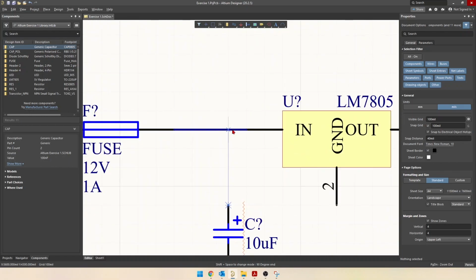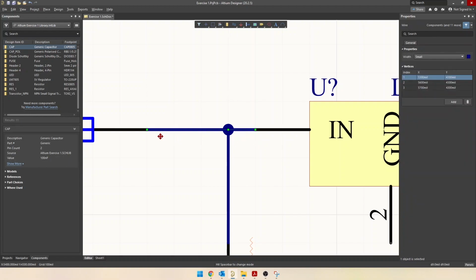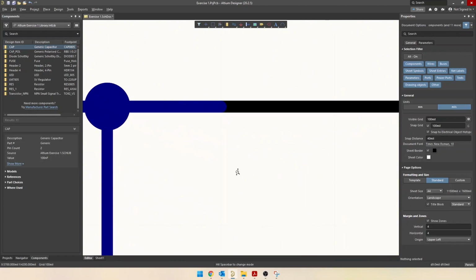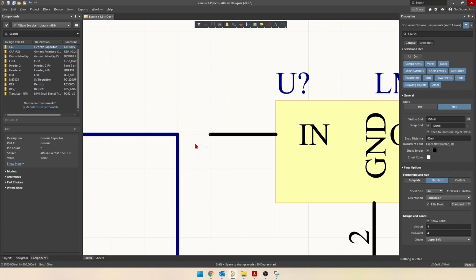Now I'm just going to zoom in and point out something. You'll notice a few things. It might be a bit hard to see on your screen, but this pin here is completely black, and then it changes to blue, a dark blue, which is the wire. Now if I click on this wire, you can see the snap points. A common mistake, and it's quite easy to make, is to overlap the wire to the pin snap point. So if I just drag this away,